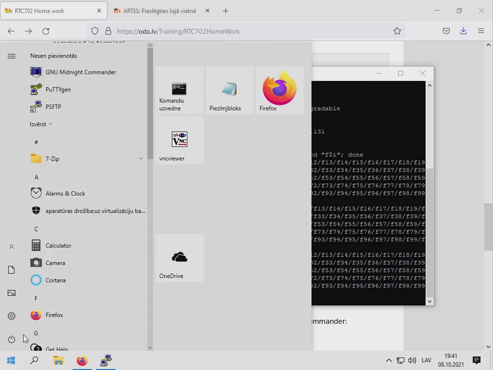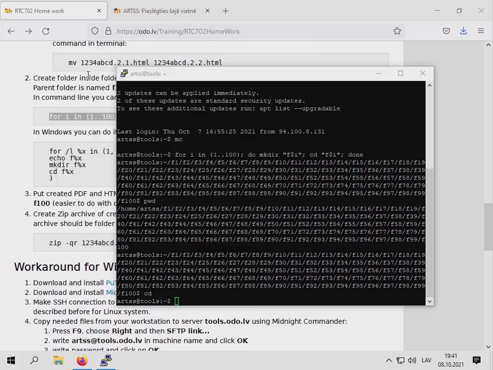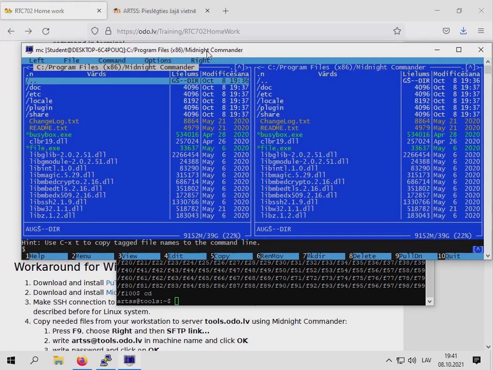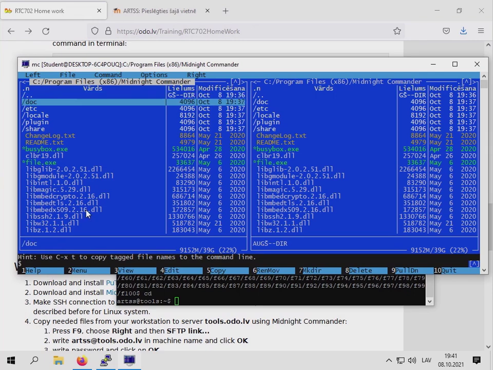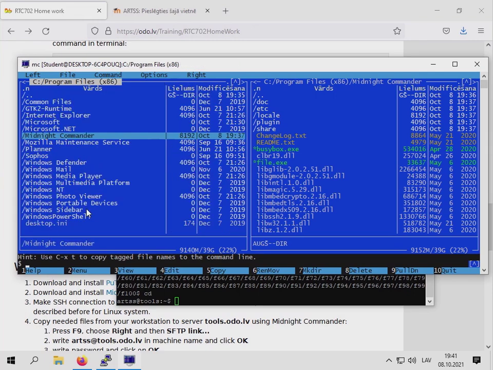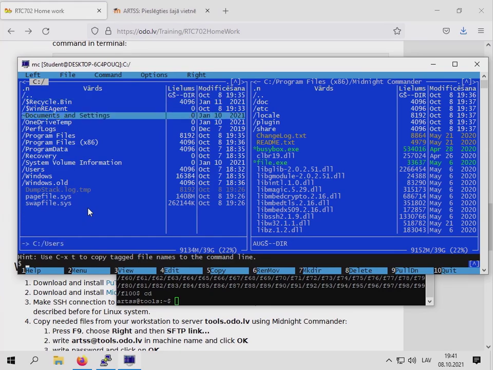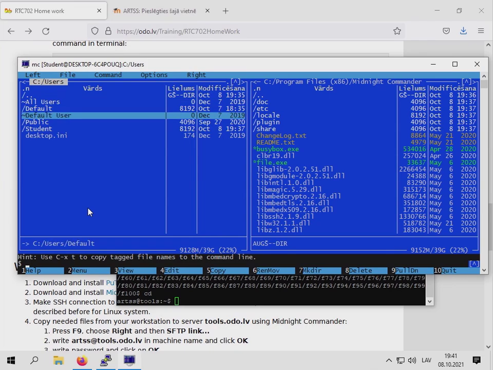And here this Midnight Commander comes in. You can also use Midnight Commander as a file manager not only on your local file systems, but also on remote file systems.